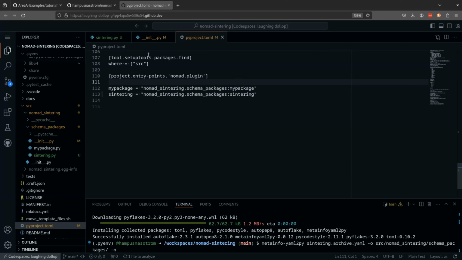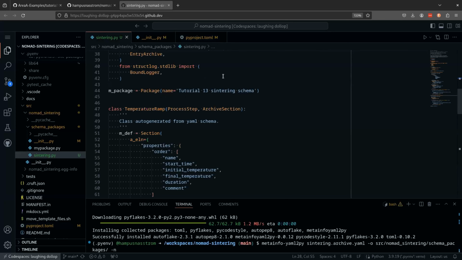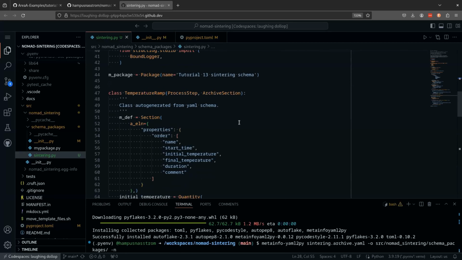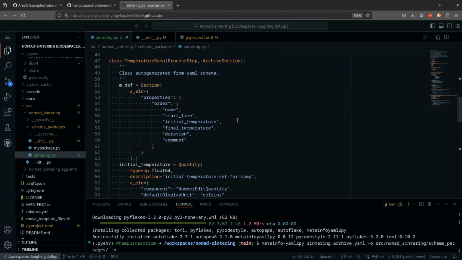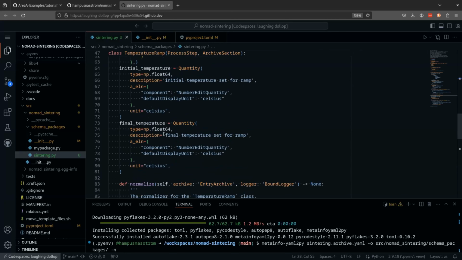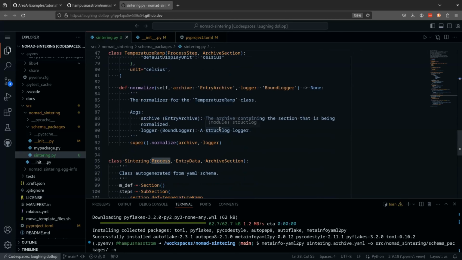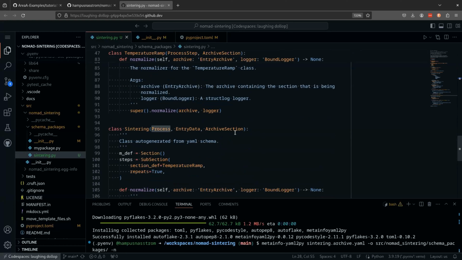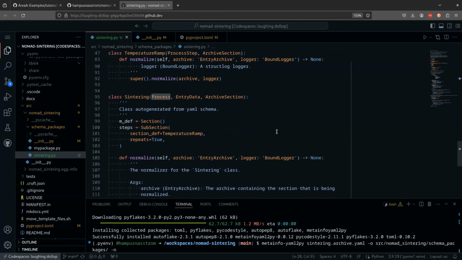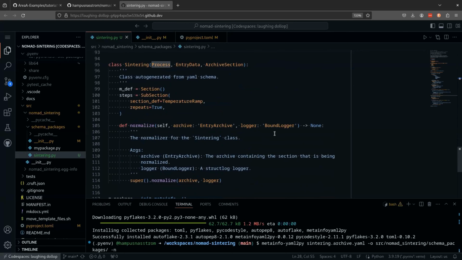So for now, if we were to launch this in an Oasis, we would see our sintering classes. So the same thing as we showed when Andrea and Sartak was showing before with the YAML schemas. We would get the same behavior. We would see the initial temperature and the final temperature and so on. But like I said, we now, of course, want to add some functionality. That's the whole point of doing this plugin, to be able to add some custom Python code for this. And this is what we will do in the next step here in the normalize section. However,